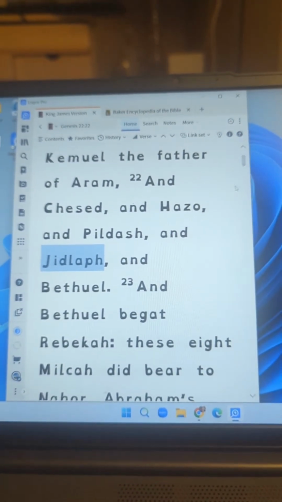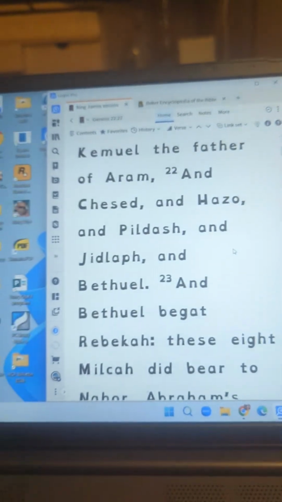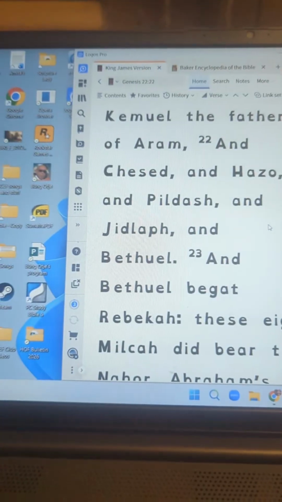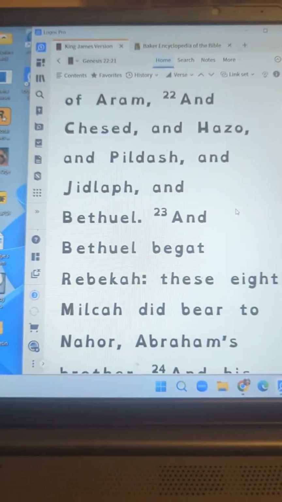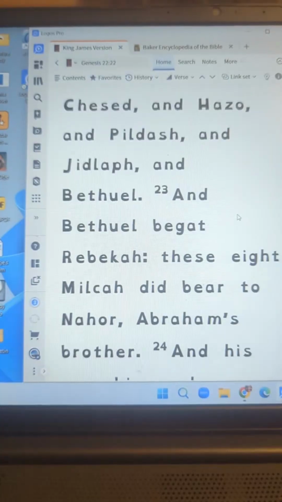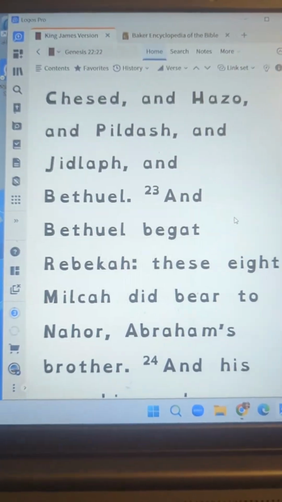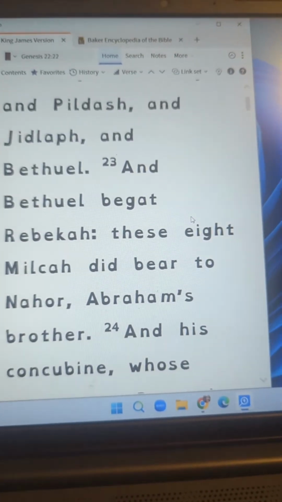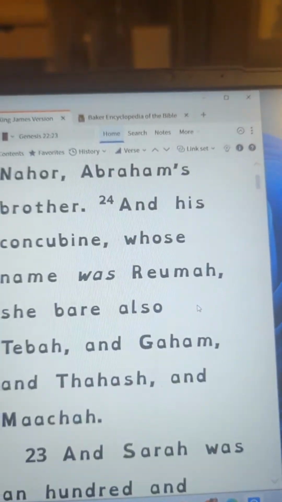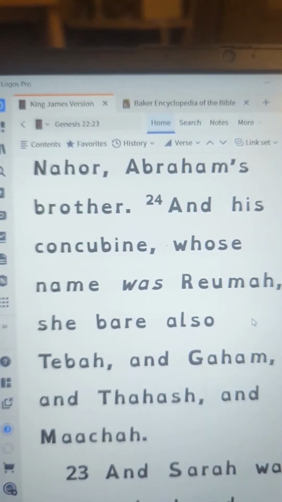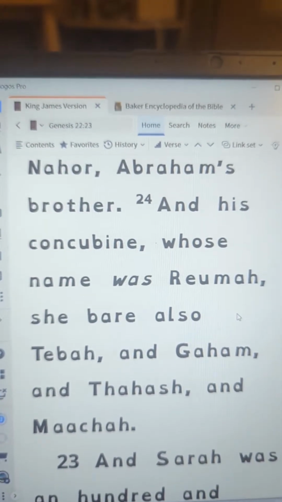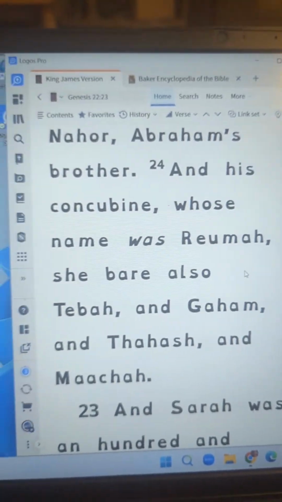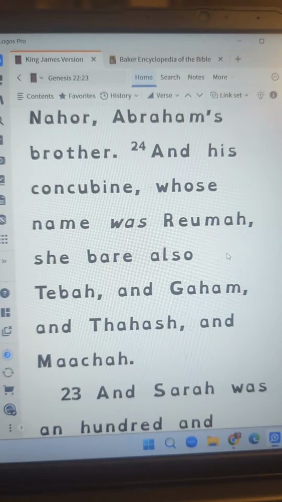Yidlaf. Okay, Yidlaf. And Bethuel begot Rebekah, and these eight Milcah did bear to Nahor, Abram's brother. Okay, let's continue. Verse 24, and his concubine, whose name was Reumah, she bare also